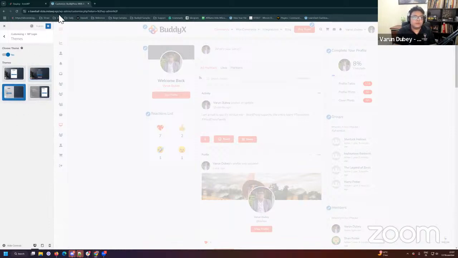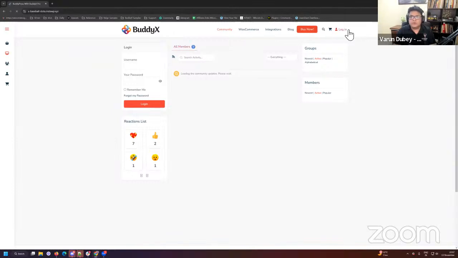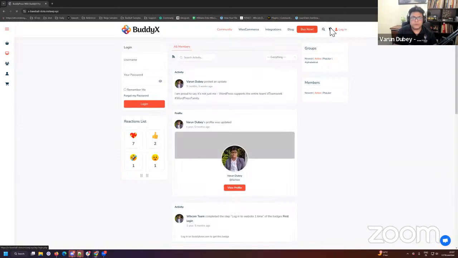So if you are trying to utilize these options, first of all, I'm trying to disable them just to demonstrate how it look when we are not using the theme options. Without theme options, the changes what we have done was logo, and we have also included a link there. So your new login page, the same WP login.php, we haven't created any separate login page at present. We are trying to utilize the same